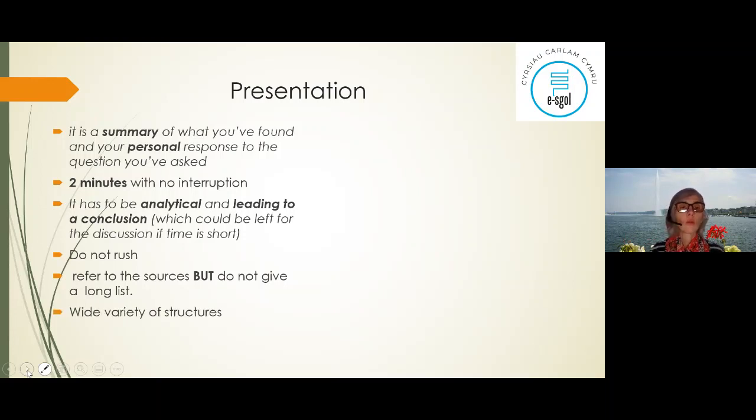Okay. So use a wide variety of structure. Those 2 minutes are when you can show off your grammar knowledge, okay? Your subjunctive and things like that, because you learned it, so it's easy to remember them. Now, I put some useful phrases to start, because I think for a lot of students and even for us, when you start something, the beginning is always a difficult part. When you've started, you're fine, you can carry on.